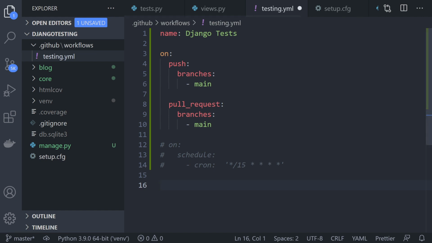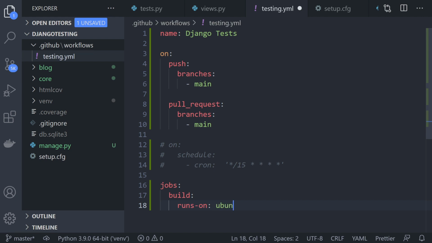So let's go ahead, and what we're going to need to do is run a job, and then we're going to run a build. Essentially what we're saying with this build is that in order for us to actually run this code and run these tests that we want to run, we're going to need some sort of operating system to do that on. We're going to need some sort of environment. So in the back end, we can define the working environment we want to run these tests on. There's a few different options here, but we're just going to say runs on, and then